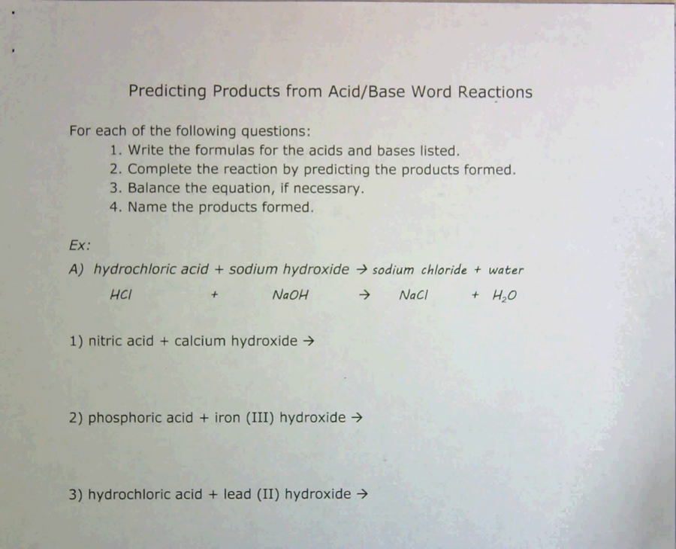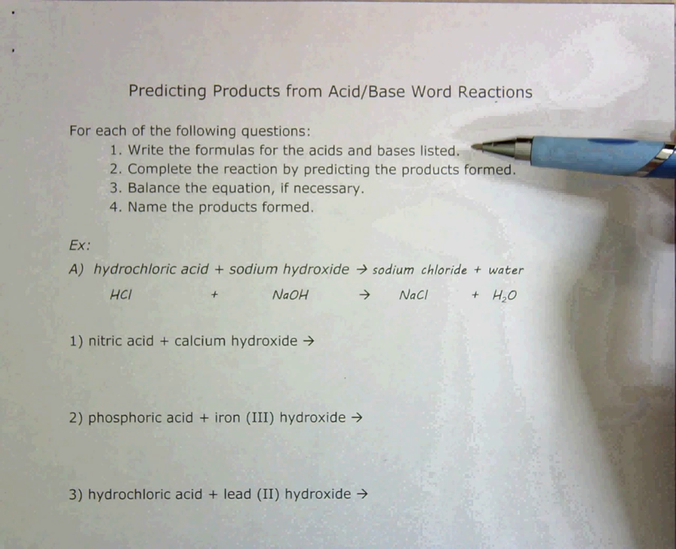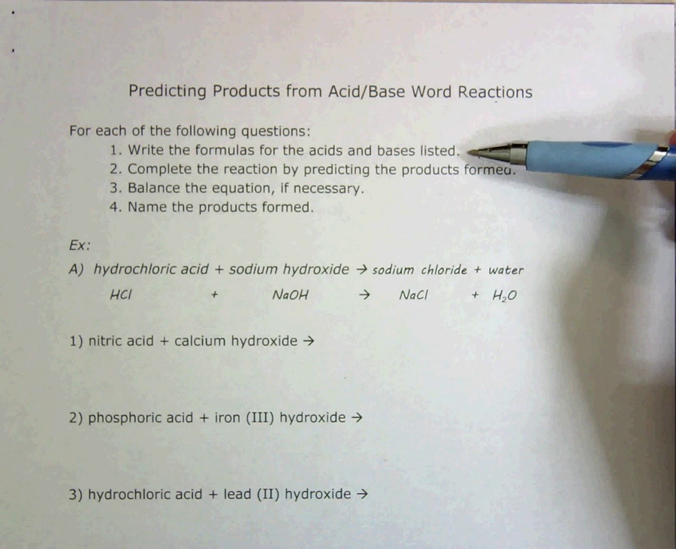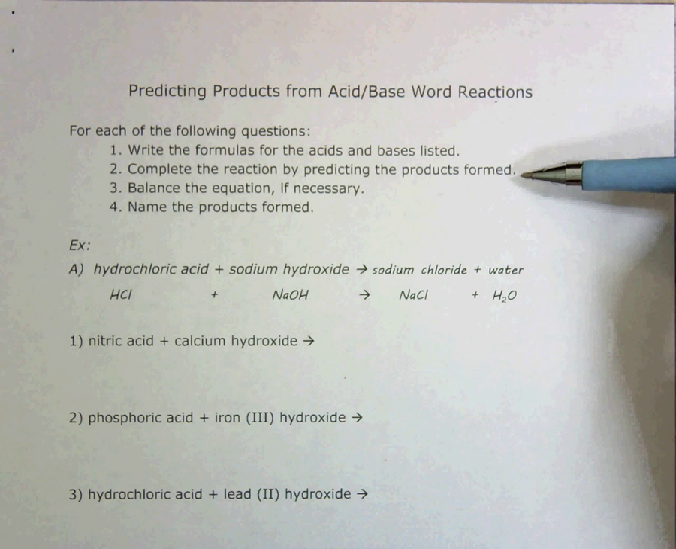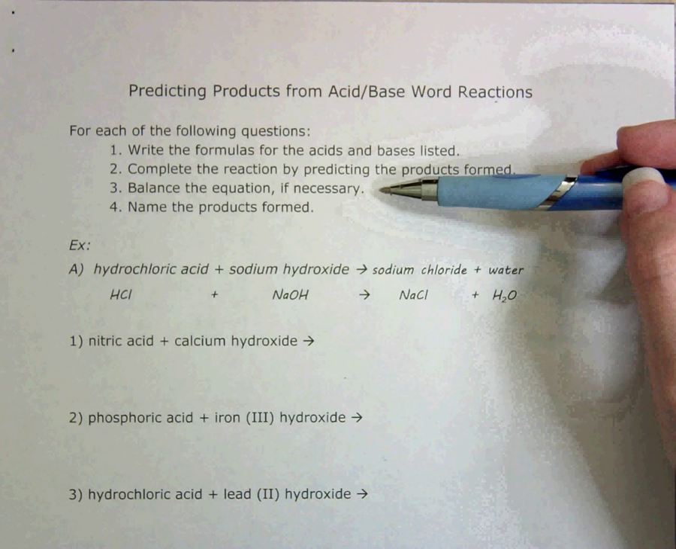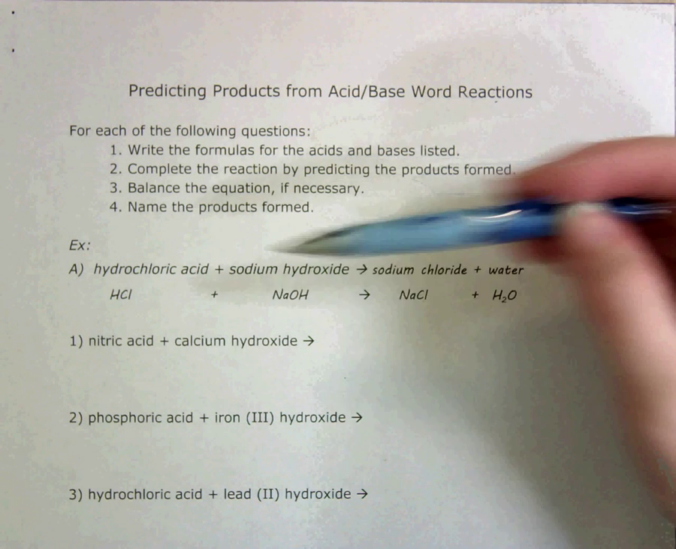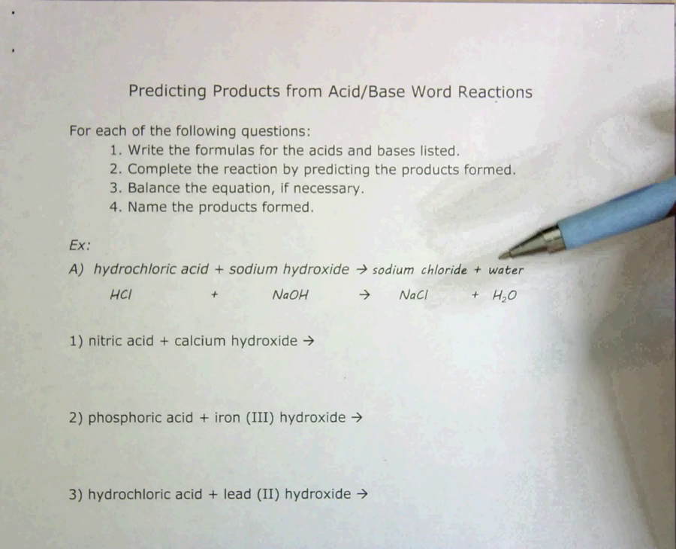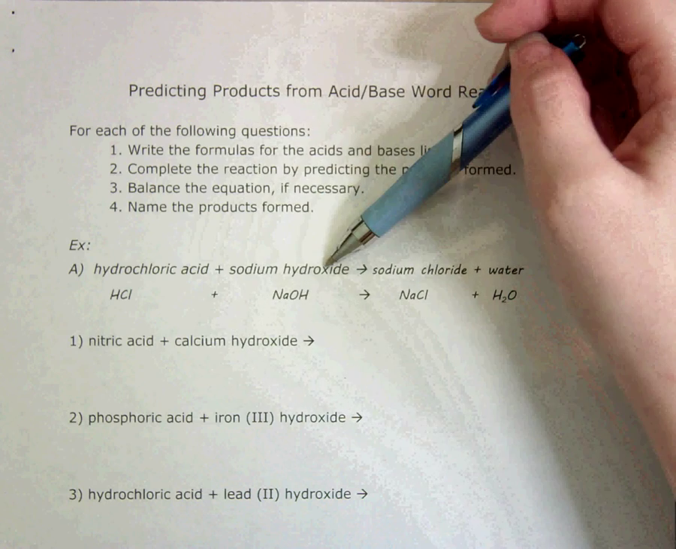Predicting products from acid-base word reactions. It tells you the steps for each one. First, write the formulas for the acids and bases listed. Then complete the reaction by predicting the products formed, balance the equation if necessary, and then name the products that are formed. So in this first example that's done for you, we took hydrochloric acid plus sodium hydroxide,